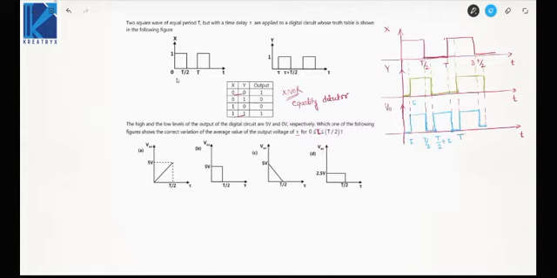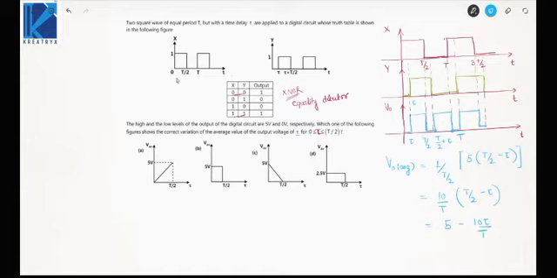So when you want to calculate V0 average, you can see that the period of the waveform is T by 2. Period of V0 is T by 2. And it is 1, that is 5 volt, for how much duration? Up to T by 2 minus tau. That is 10 by T into (T by 2 minus tau). That is 5 minus 10 tau by T.